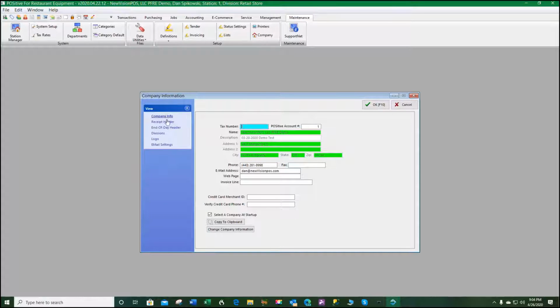starting with Company Info, we can put our tax number here, the company's license name that you get from Positive. I'm going to go ahead and say that I want to change the company just so I can see it easier. So here's the company name, the description, city, state, zip, phone number, email address, what is our web page